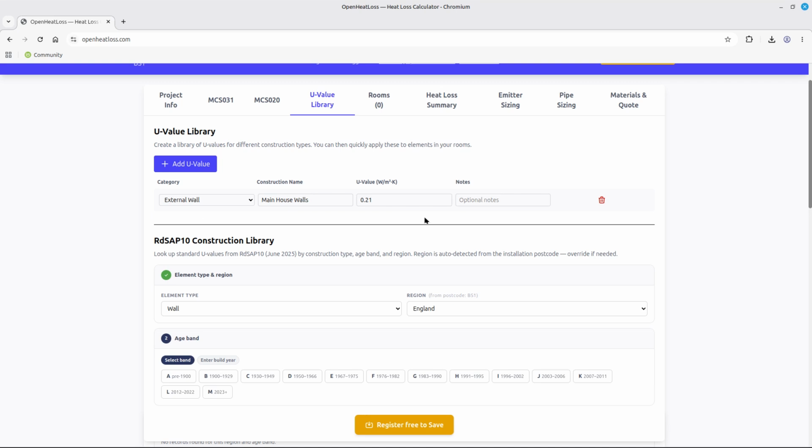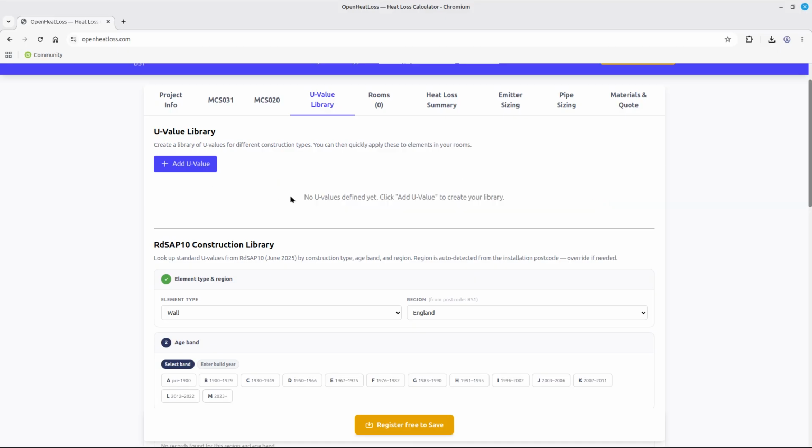Okay. Now I'm going to just delete this for now, because I'm going to go to the next option that you've got to input these. Now, don't forget, if you want to add a U value, you can also go online and Google U values and put them straight in as well. However,